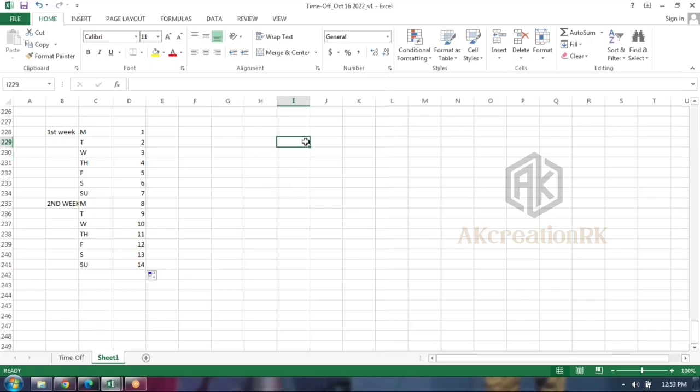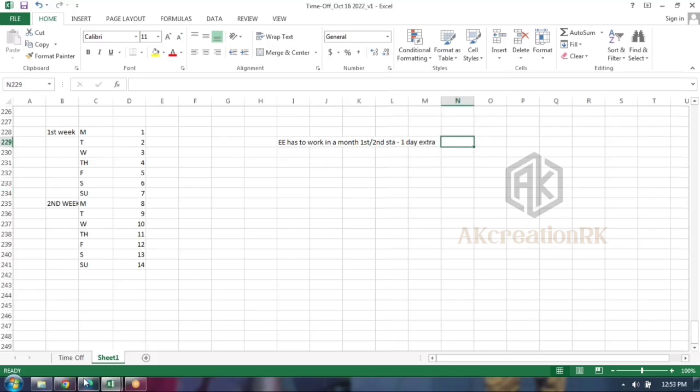Sir, in case the customer is expecting the employee has to work in a month, the first Saturday or second Saturday, whatever, 1 day extra. How can I achieve this requirement? Out of 4 Saturdays, on 1 Saturday the employee has to work 1 extra day. That means 8 hours extra.